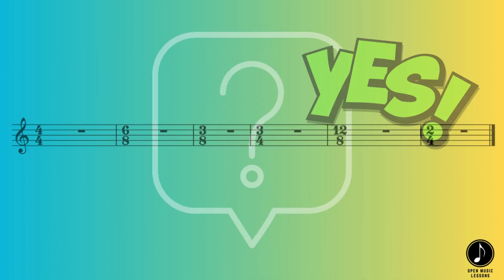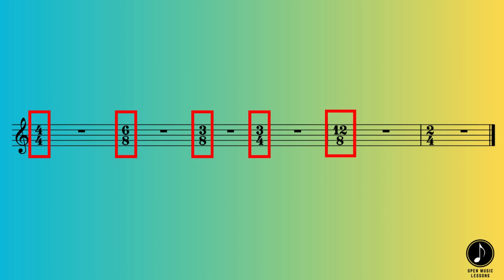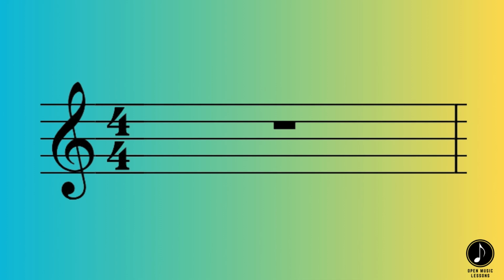So can bars change length within a piece of music? Bars can and often do change length within a piece of music. This is achieved by changing the time signature of a beat. As the time signature shows a musician how many beats are within a bar, this is the clearest way to change the length of a bar.